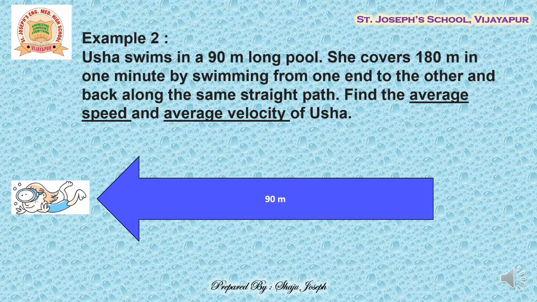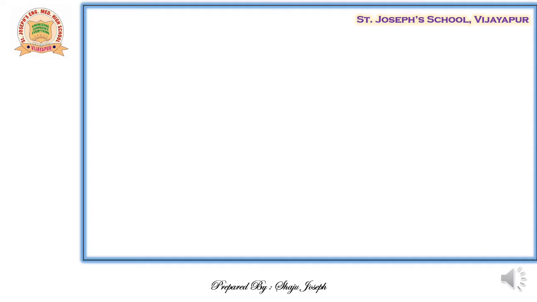Means if she has taken equal time in both directions, we can consider 30 seconds in one direction and 30 seconds in the opposite direction. Considering this, let us try to solve the problem. Let us have a look at its solution. So what are the things given? The data is